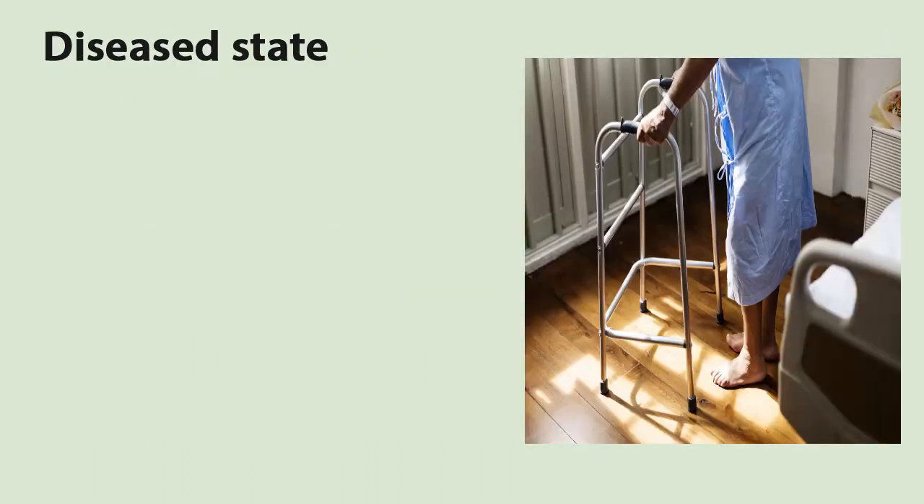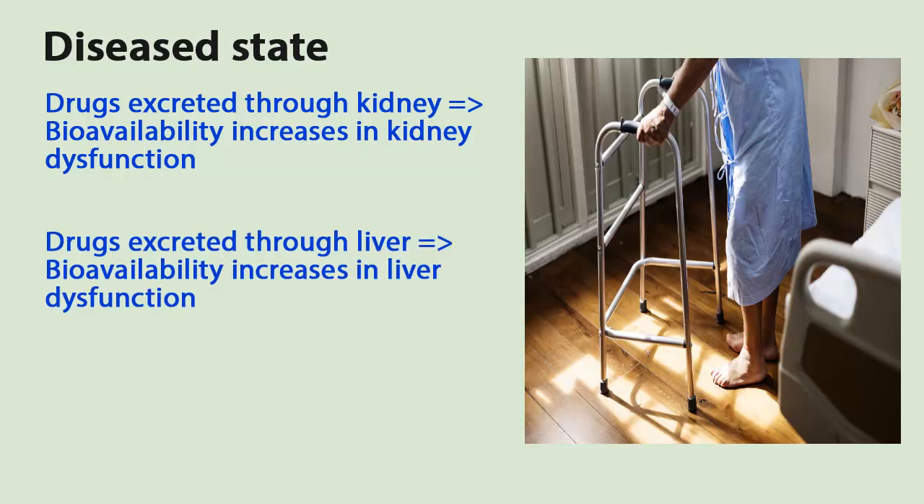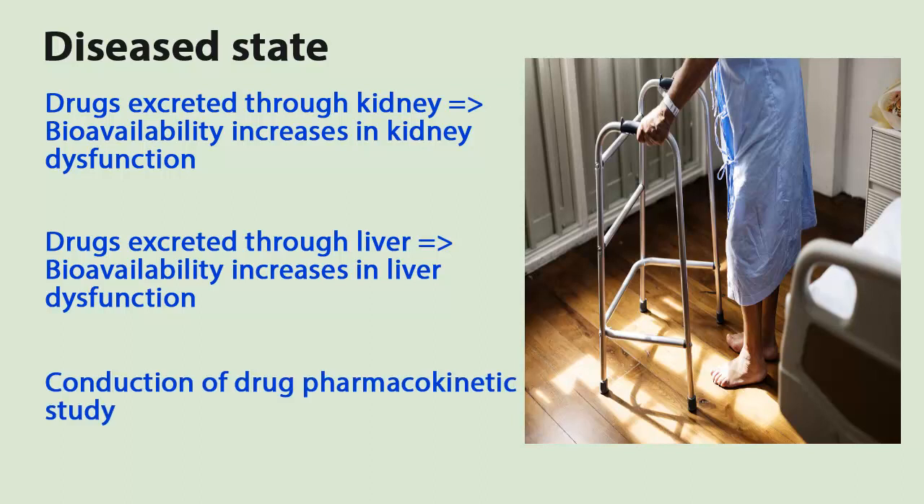Diseased state. The bioavailability of a drug in patients can differ from that in healthy normal subjects. The bioavailability of drugs eliminated primarily through the kidney is expected to increase in patients with impaired renal function. Bioavailability of the drugs that are metabolized by liver increases in liver dysfunction. Conduction of pharmacokinetic studies is required in such patients for the dosage adjustment, so that the bioavailability of drugs match